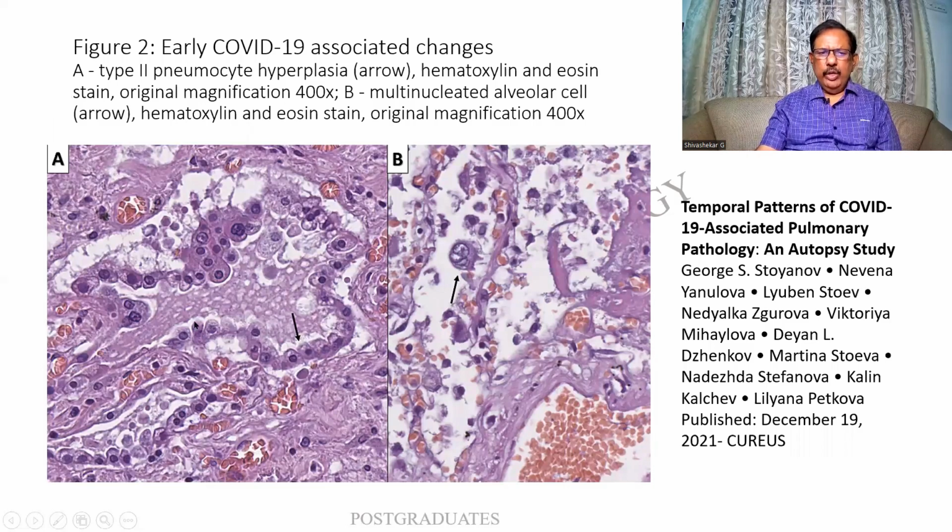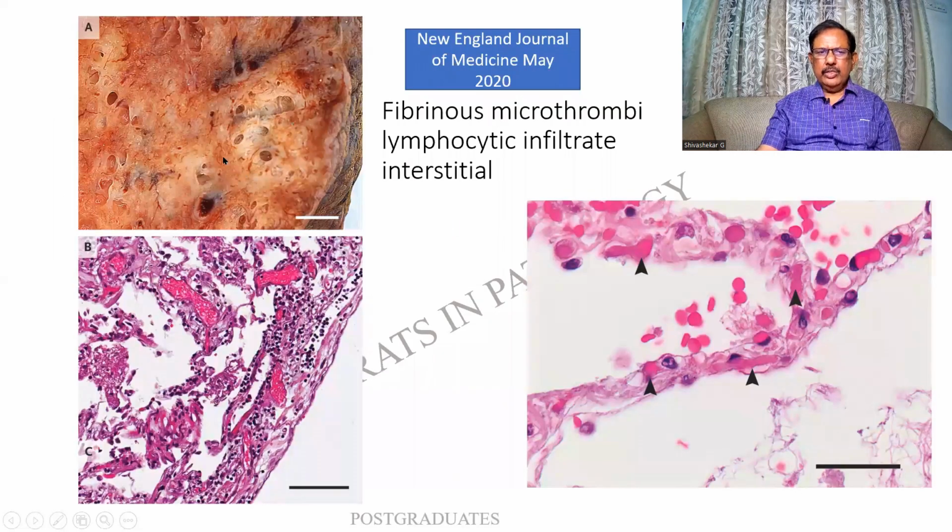This is the lung. The alveolar edema is there. There is also an interstitial fibrosis. But more important is these are the pneumocytes which are becoming hyperplastic. There can be a desquamation of the pneumocytes as well as the macrophages that are seen. And grossly, you find there can be patchy areas of consolidation pertaining to a bronchopneumonia. Beautiful thing, the thrombi that I used to mention, fibrinous thrombi, devoid of RBCs. There can be extravasation of the RBCs also. And the lymphocytic infiltrate, I think you people can make out.